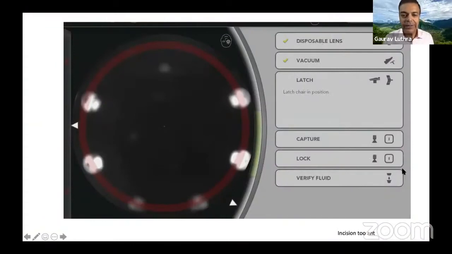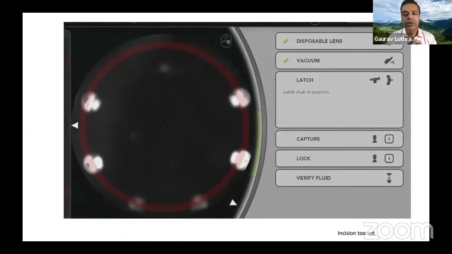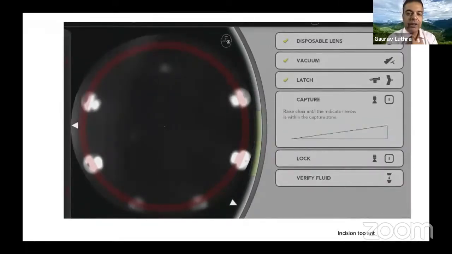Now, looking at some problems that we faced with the Femto, I love the femtosecond laser, and I really enjoy using it for all my complex cases. So nothing against the Femto. I really use it as my first choice surgery for so many situations. Yet when it comes to corneal incisions, I think over the years what I've learned is that if I want a predictable, good quality incision, I've actually in the last 2-3 years stopped making my incisions with it,